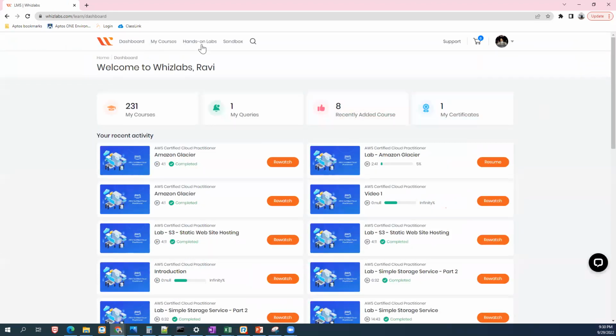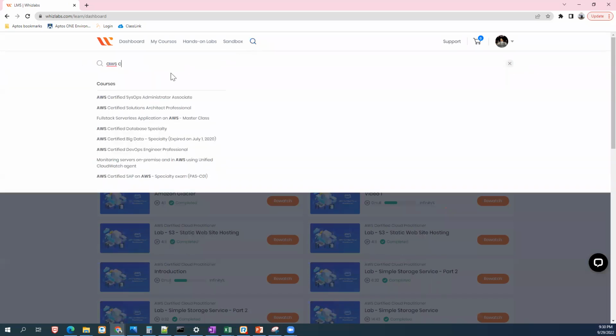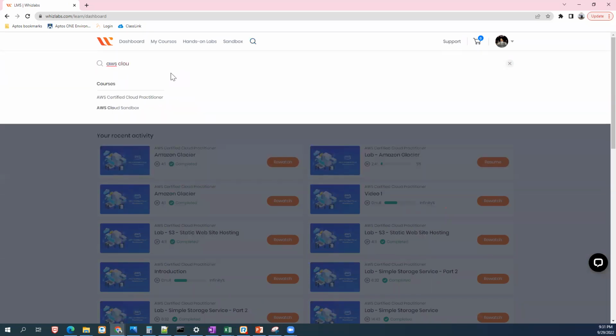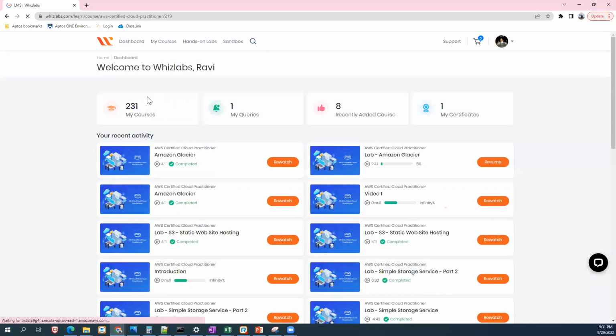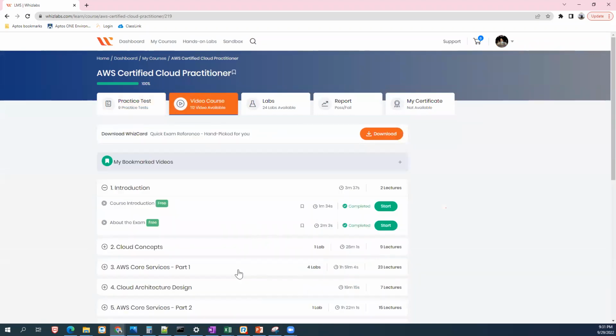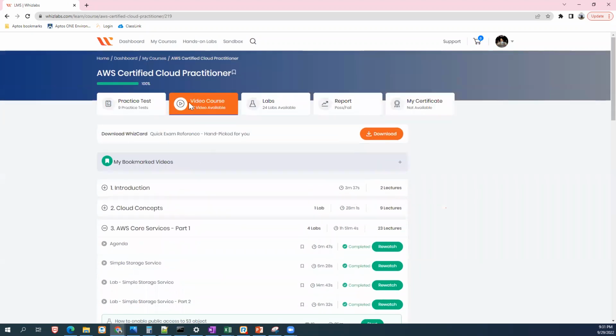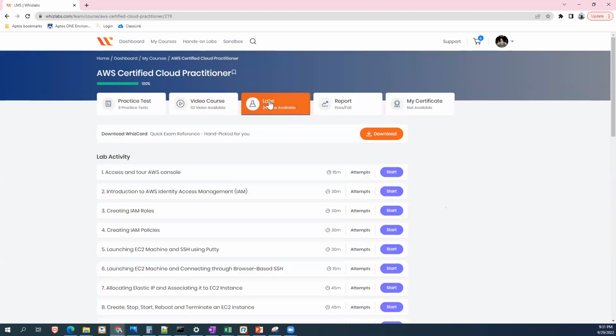My dashboard, you go here, and our course is AWS Certified Cloud Practitioner. It's good actually. The labs, I love it. We can get our hands dirty, and it gives us step by step instructions. It will build a lot of confidence, though they look like simple step by step operations. And what I will do, video courses, I am there, labs.